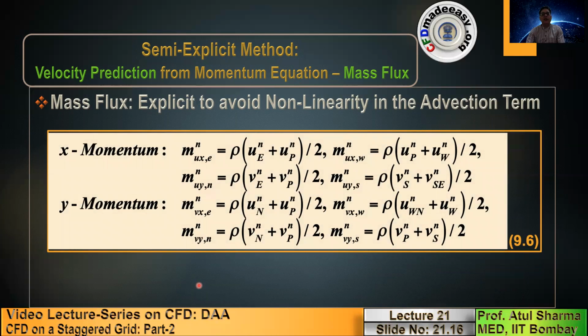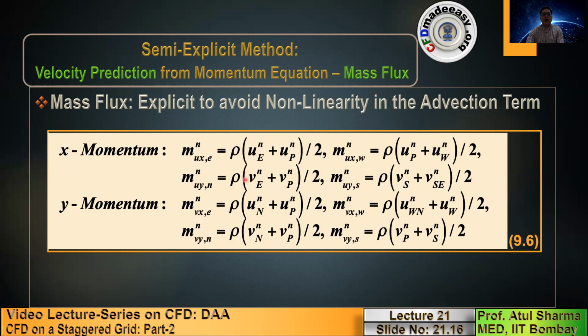Other than the advection flux and diffusion flux, when you apply momentum conservation, you also need mass flux, because the product of the mass flux with velocities gives you the momentum flux, which appears in the momentum equation as the advection term. So to calculate mass flux, I had mentioned in my previous lecture, when I presented the physical law-based finite volume method on a staggered grid, that in a staggered control volume, to calculate mass fluxes, this is